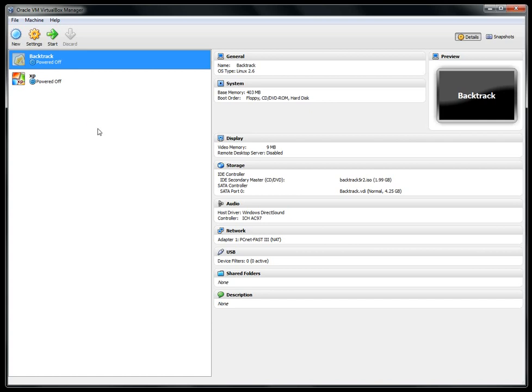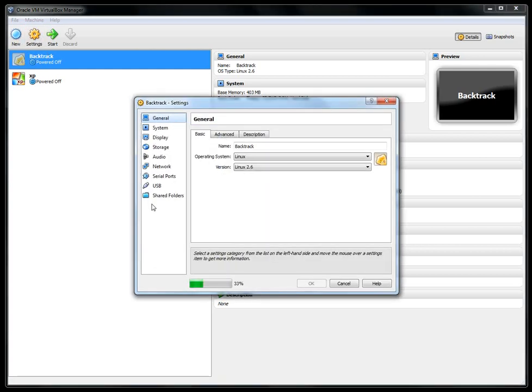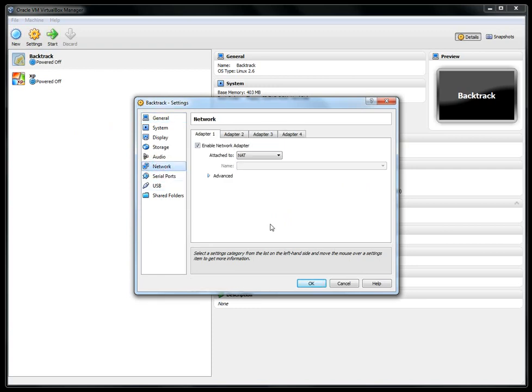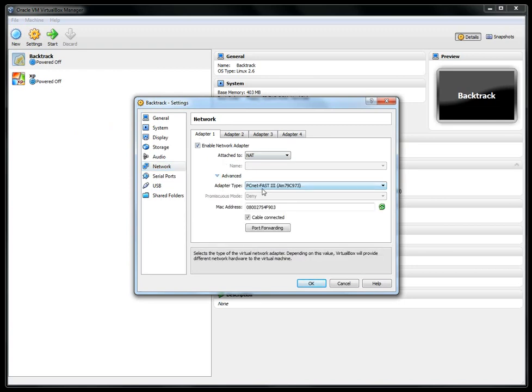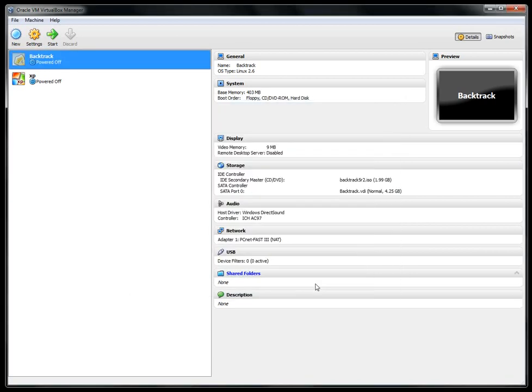Open your VirtualBox. Now select BackTrack, go to settings, and then go to network. Here you select NAT as adapter 1, then go to advanced, select PCNet FAST III and click OK.